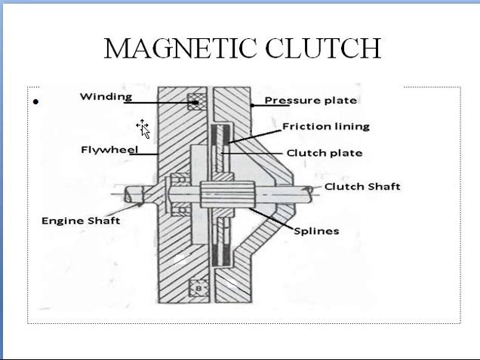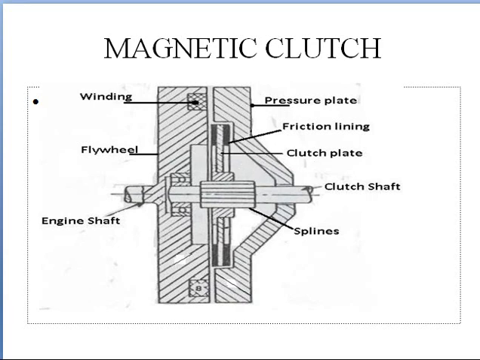Now what happens is, when we pass electricity, these two windings will get magnetized and this pressure plate will start moving forward. As a result, because of the friction between the flywheel and this pressure plate, both will start moving with respect to each other. So the power transmission will take place from the engine shaft to the clutch shaft. And once the electricity which we are passing here has been withdrawn, the magnetic field will also go and hence these two will get disengaged.